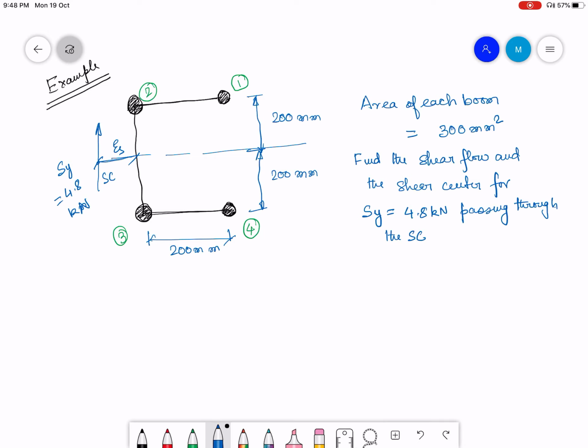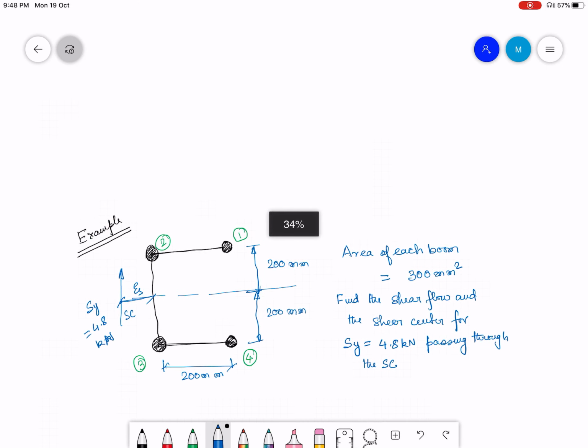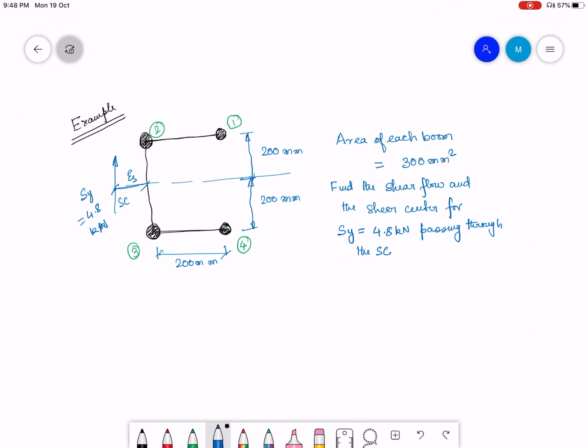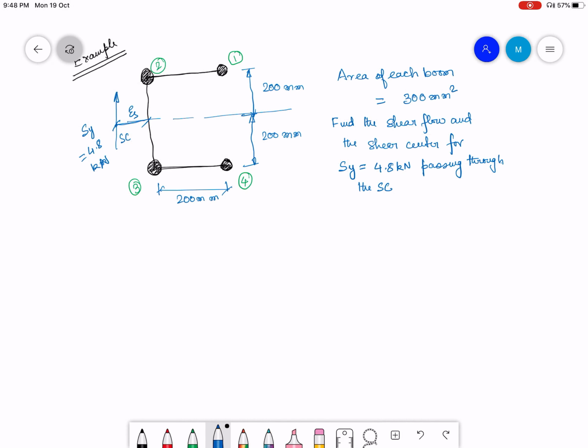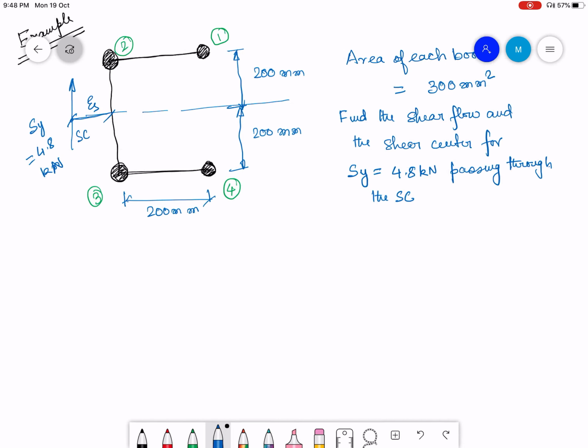Now I have to solve this problem. So let me write down the expression for shear flow. I know that Q_r minus Q_(r-1) is going to be minus